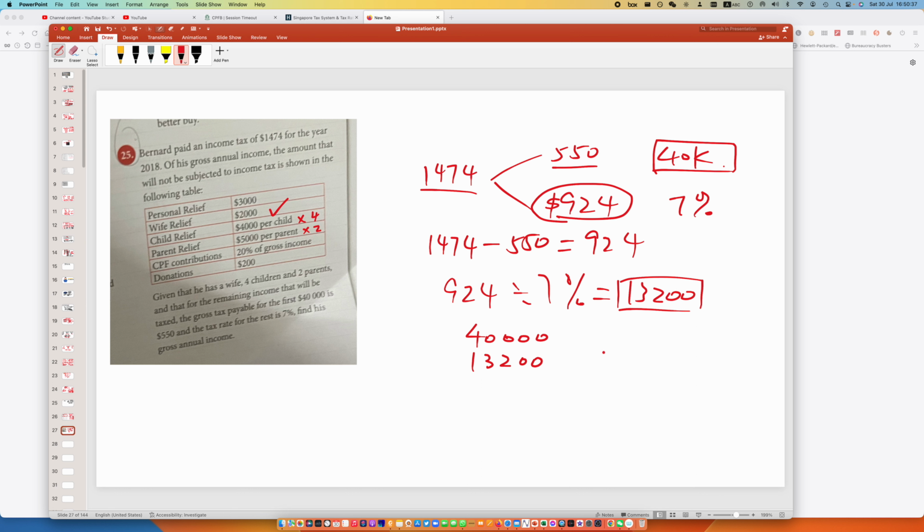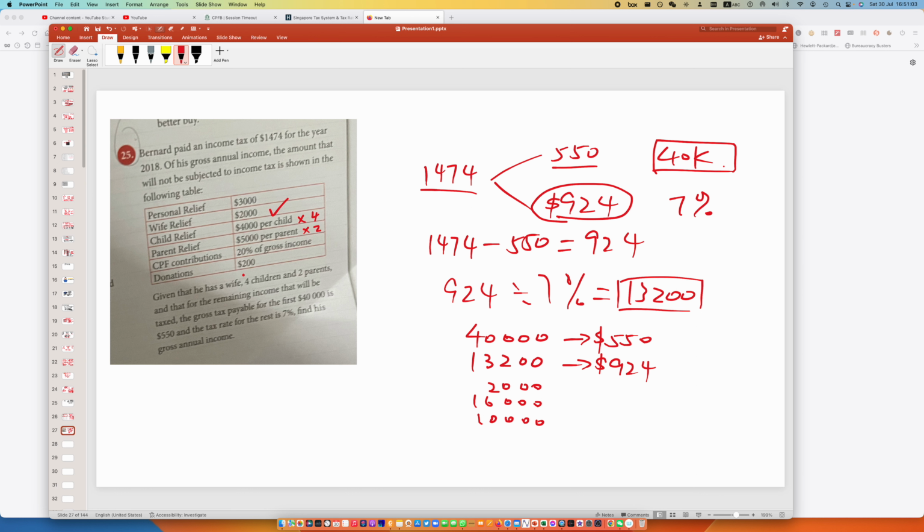So basically, this 28200 one will be 550, right? Yes. This one will get charged 924. Yes. So actually, he has the wife relief, which is 2000. Yeah. 4 children 1600. Yeah. 2 parents, then 1 10K, and then the